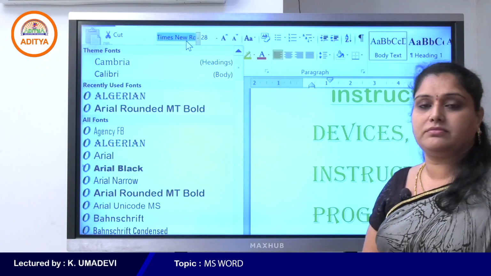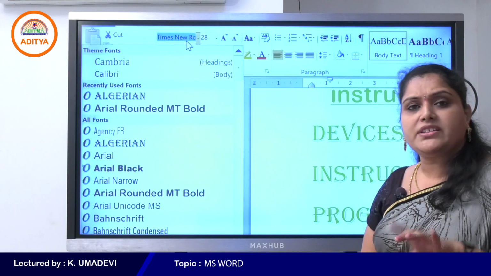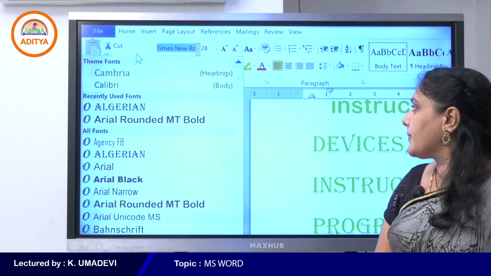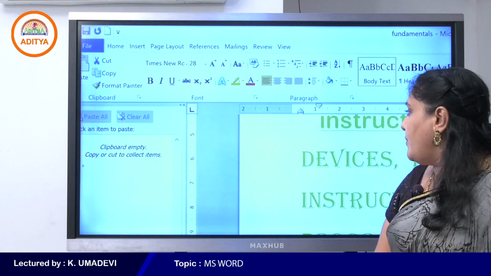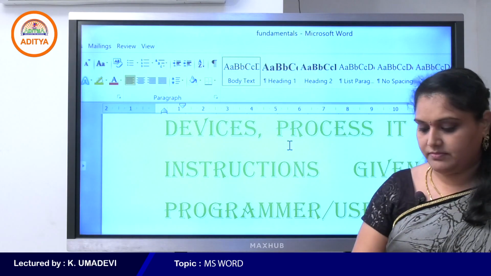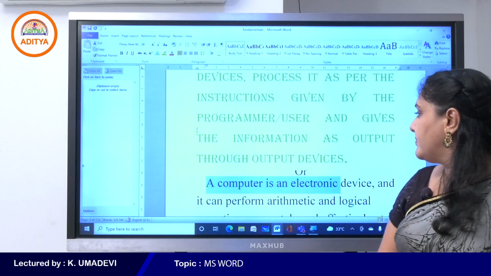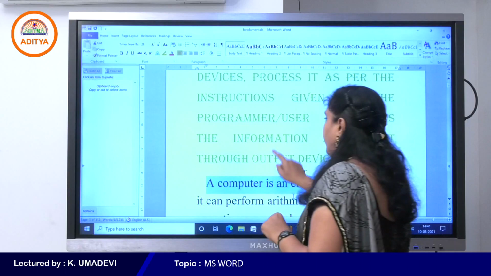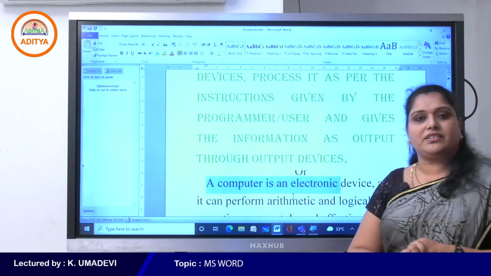Times New Roman. Okay. What is the default font, students? Now I'll just convert this font with the first paragraph font.